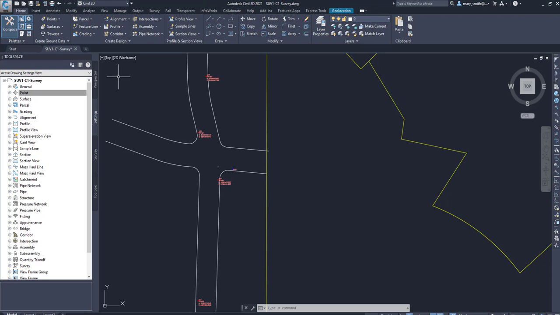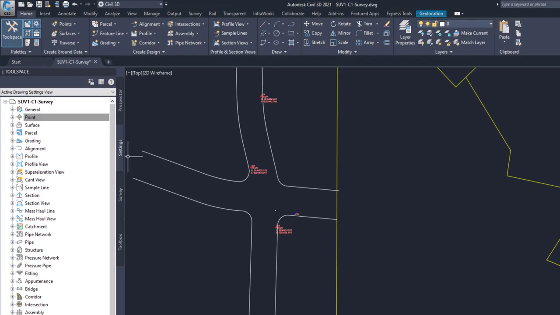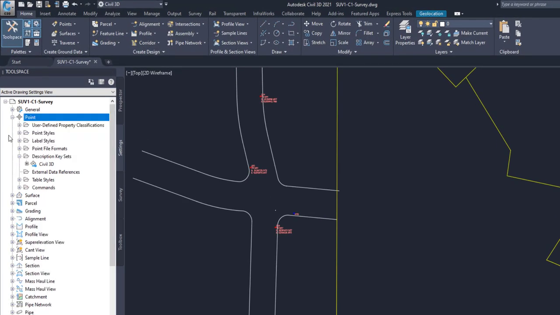In Activity 4D, we're going to continue on with the work we started with Activity 4C when we manually created some points. We applied a particular point style, we applied a point label style, and now we're going to go another step forward and we're going to create a custom description key set. To do that, we're going to go to the Tool Space, Settings tab, we'll expand the point group, and then